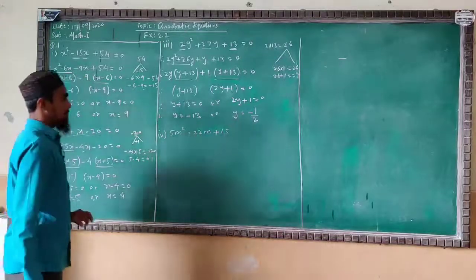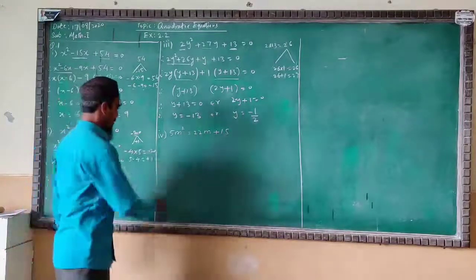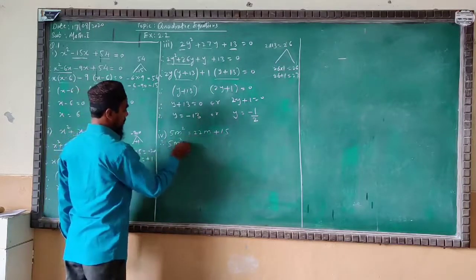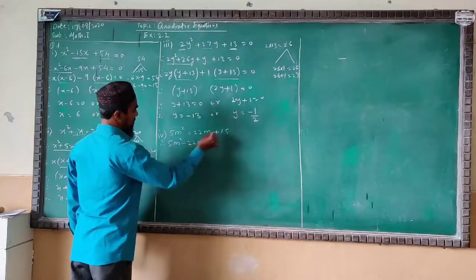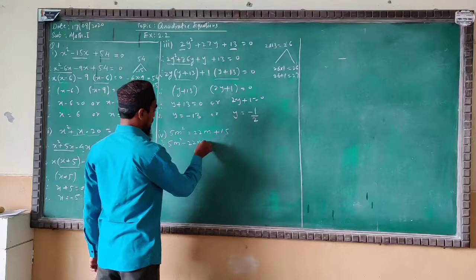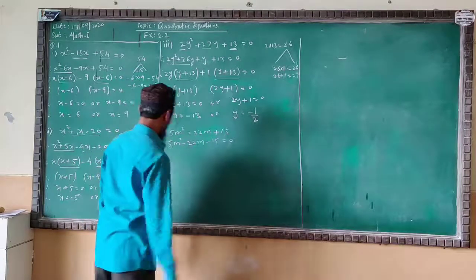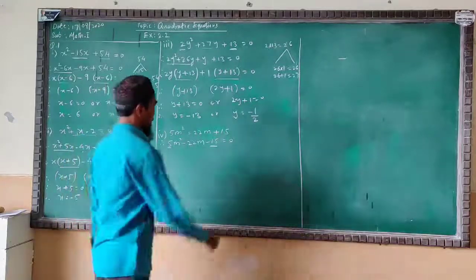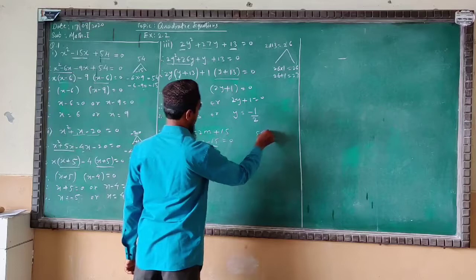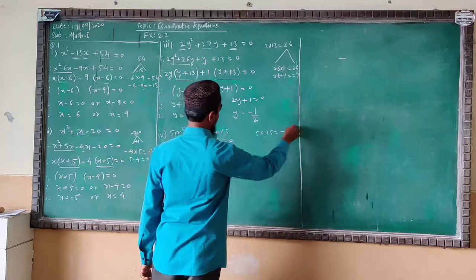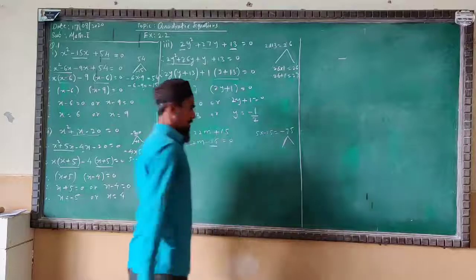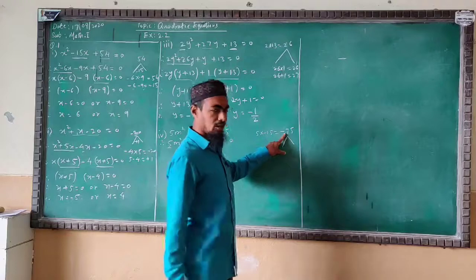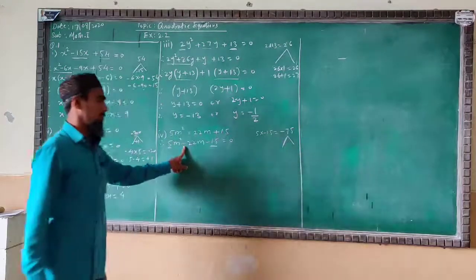Here, see very well all of you. We will first arrange the given equation. Okay, 5m square. Bring the 22m to the left side, you get minus 22m. Also bring the 15 to the left side, minus 15 equal to 0. According to this question, the first and third terms have the product 5 into minus 15, 75, plus minus minus. Same thing. We'll set two numbers. Their product must be minus 75 and their addition or subtraction must be minus 22.